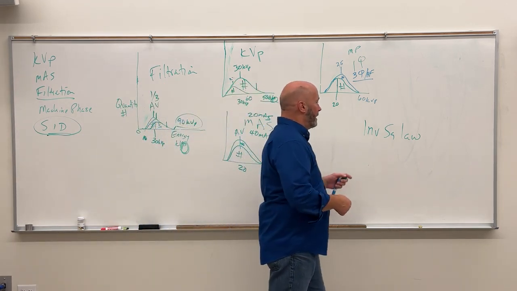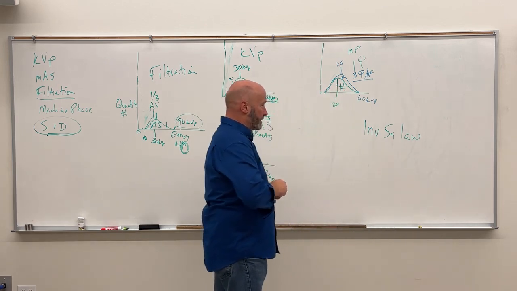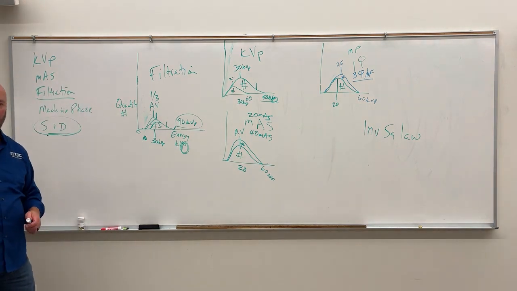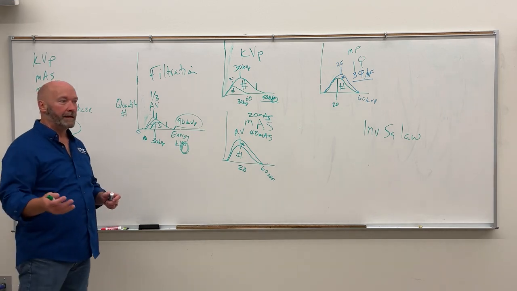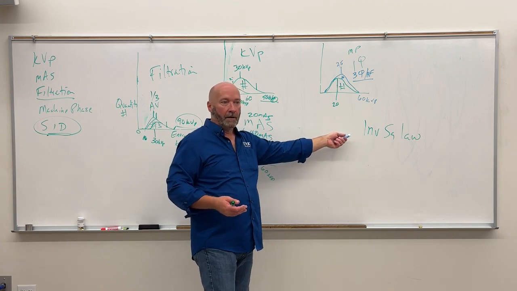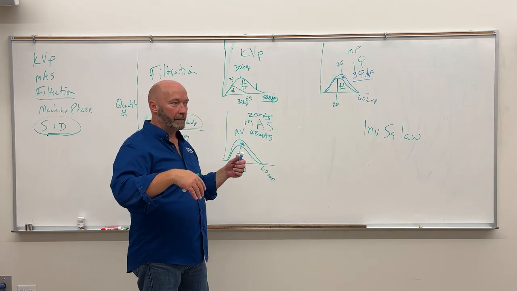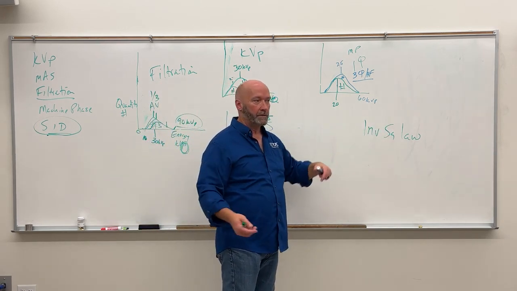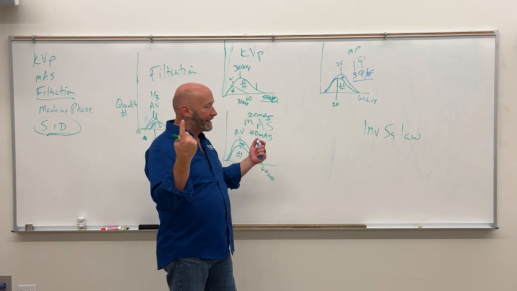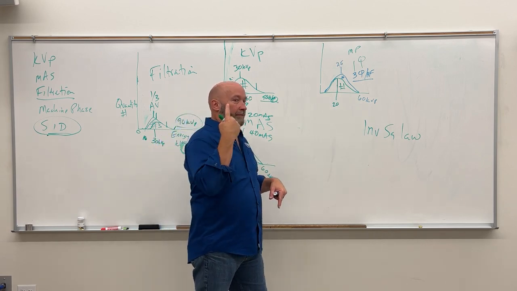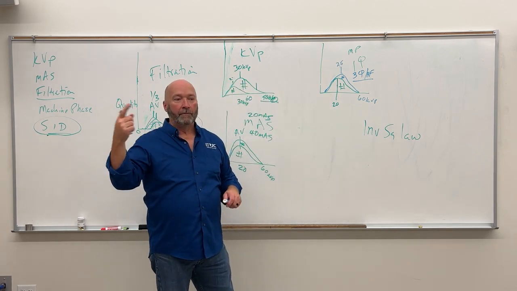But the inverse square law, what you're going to look for in test questions, it may say as you increase your SID, the exposure to the image receptor, could be exposure to the patient, is going to decrease because of inverse square law. Right? Inverse, opposite, square, exponential law never changes, right? So as you increase your distance, the intensity is going to decrease by a square of the change in distance. So the first thing you're going to have a tendency to do is if you double your distance,